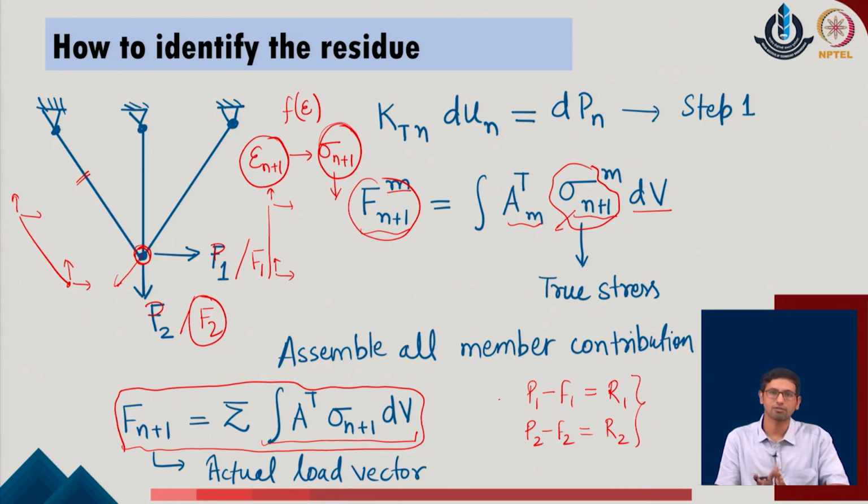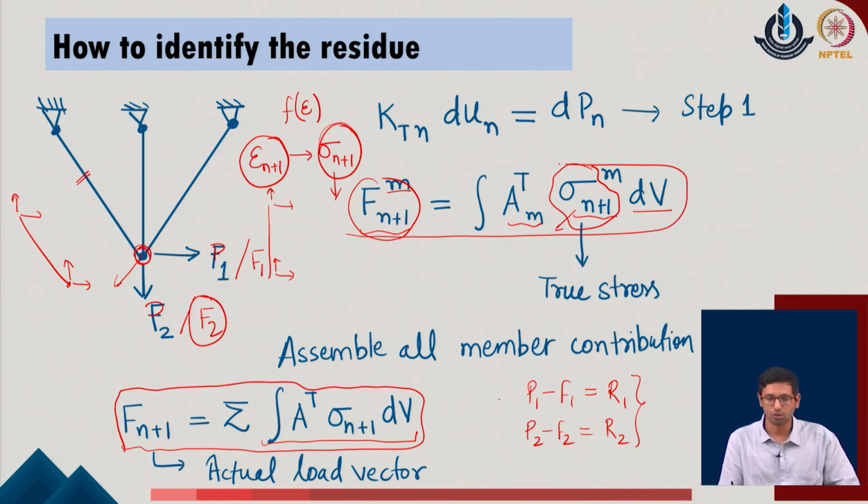So, what we are effectively looking at as a residue in the given system is described with respect to the external system, and to evaluate that we have to identify the internal strains in each of the members. Corresponding to that, I have to convert these stresses, and once I know these stresses in the members, I have to convert them into the equivalent nodal loads of the given system,